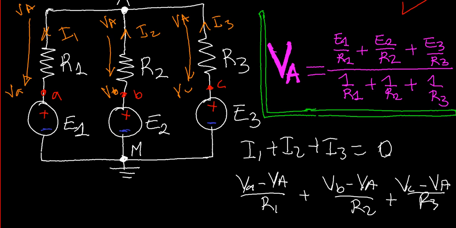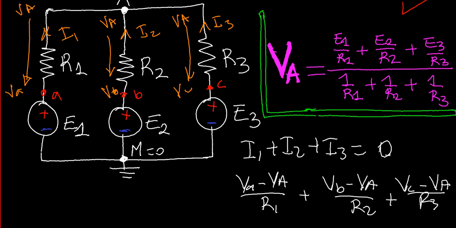Knowing that here V small a is the voltage at point A, which is equal to E1 depending on the reference of the voltage here, which is M, and VB is E2, which is equal to V2 according to the reference of the voltage M, knowing that the voltage at point M is equal to 0, as well as VC